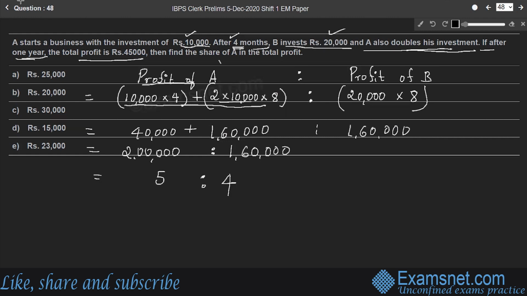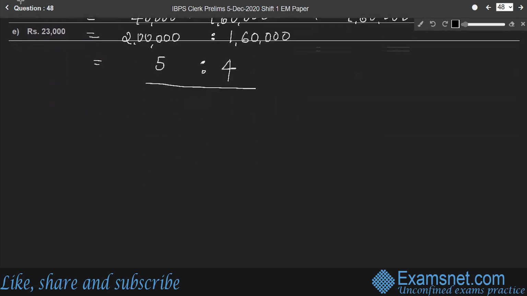Therefore, profit of A and profit of B are in the ratio of 5 is to 4, right? Therefore, here the total profit is given 45,000, right? Therefore, 5x plus 4x is equal to 45,000. Here, profits are in the ratio of 5 and 4, right? Therefore, the profit share of A becomes 5x and that of B becomes 4x, right? Therefore, 9x is 45,000,